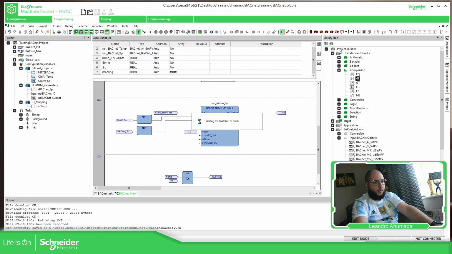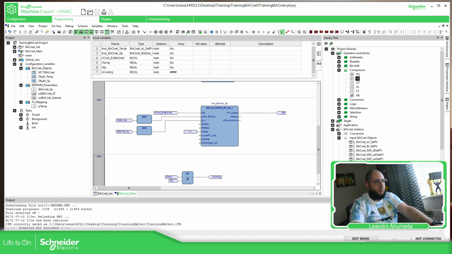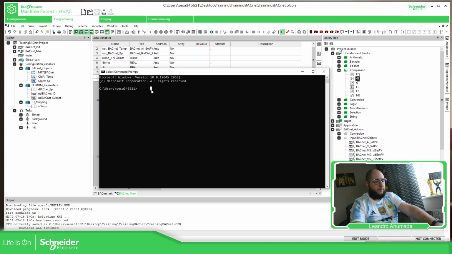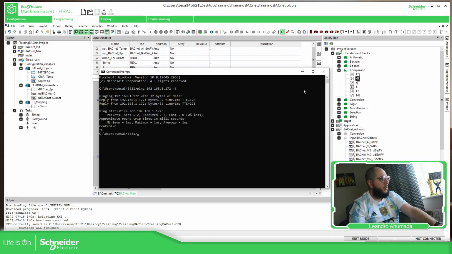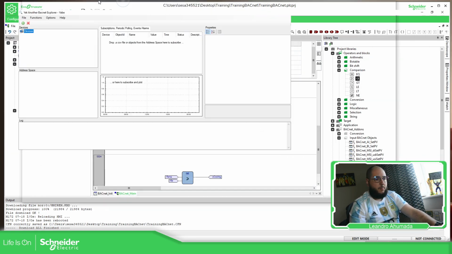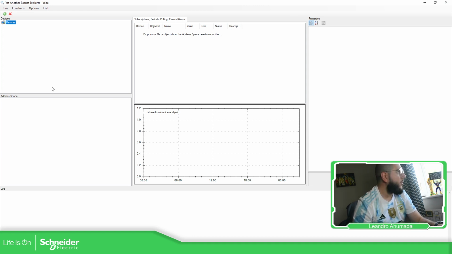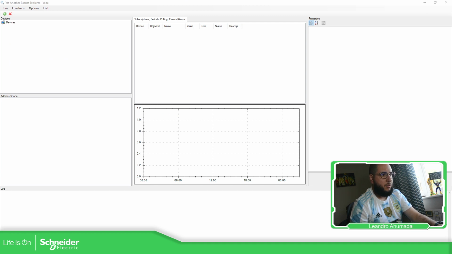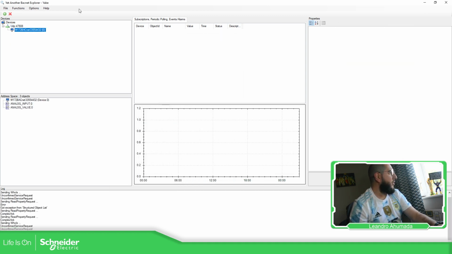So open the IP address, 192.168.1.72 XT. Brilliant, it's communicating. So let's open YABE. So right click over here, add device. I need to put my computer, as I mentioned before. And you can see here they have